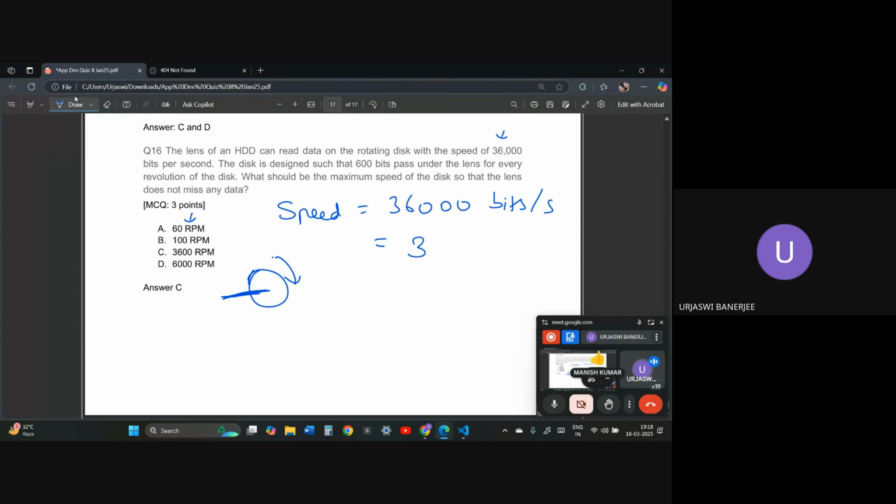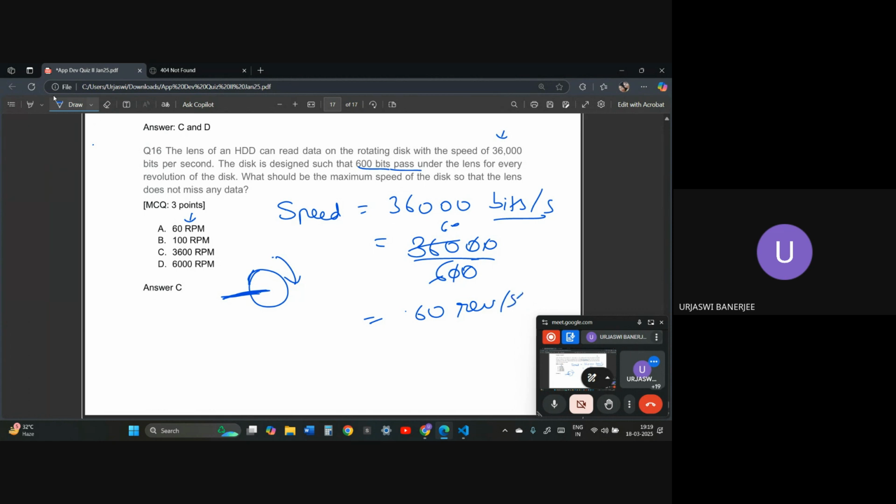But we need to divide 36,000 by 600, because we need to find it for every revolution. This was the speed per second, but we need to find for every revolution. So this comes out to be 60, which is 60 revolutions per second.